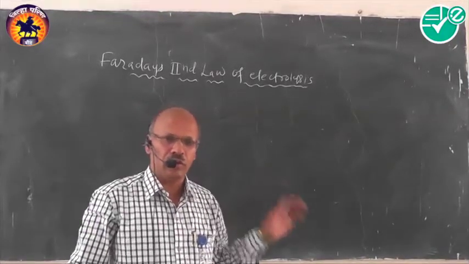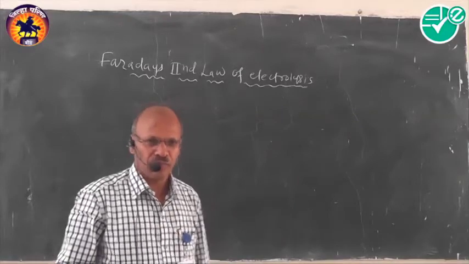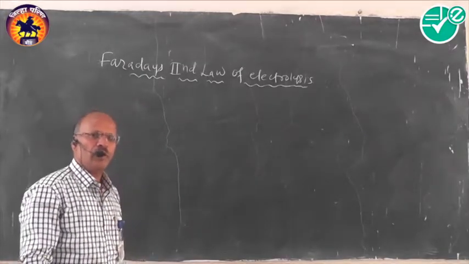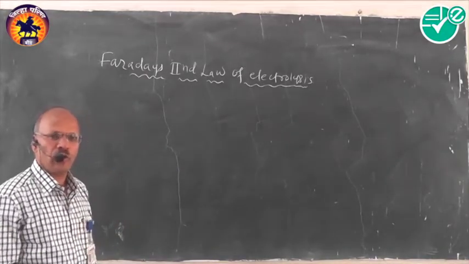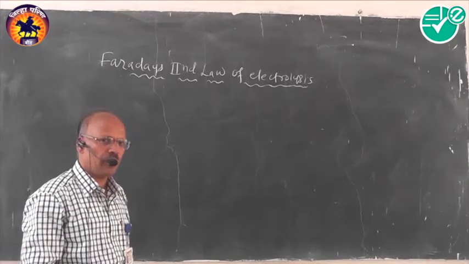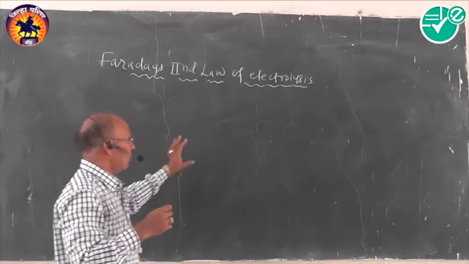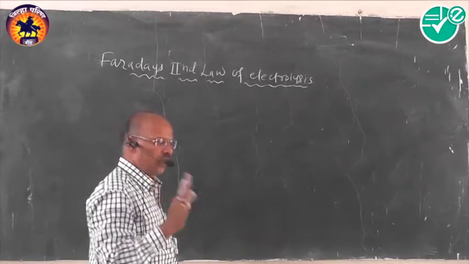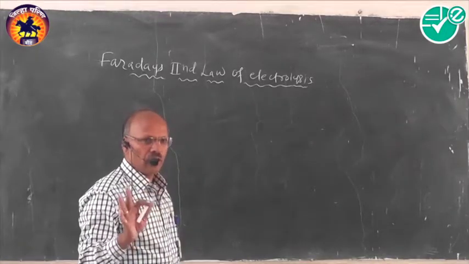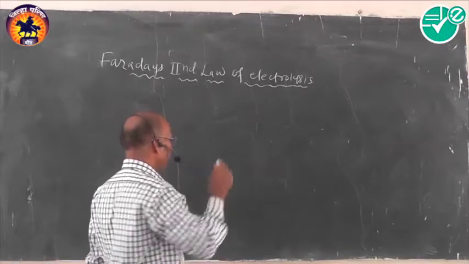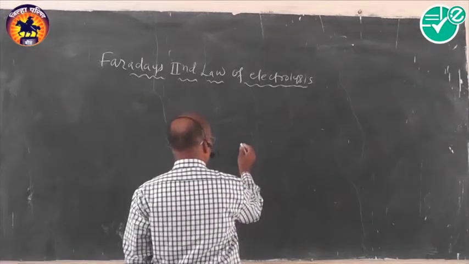We will continue with the remaining part of electrochemistry. At the last, we just saw and explained Faraday's first law of electrolysis. After that, consider Faraday's second law of electrolysis. For this explanation, I will draw the figure, and then we will have the explanation about Faraday's second law. Okay, we will have the figure first, then we will make the explanation.